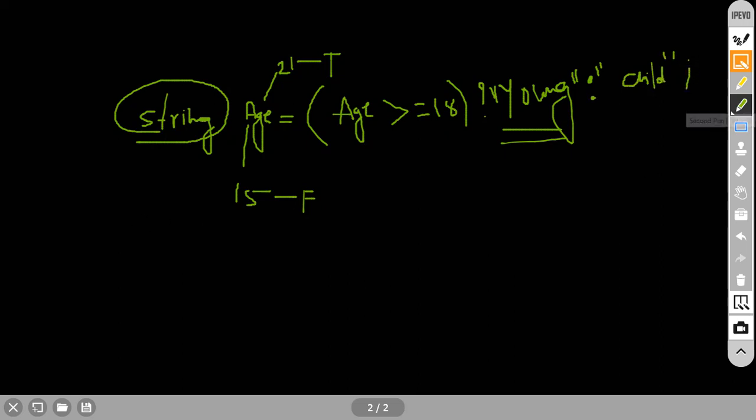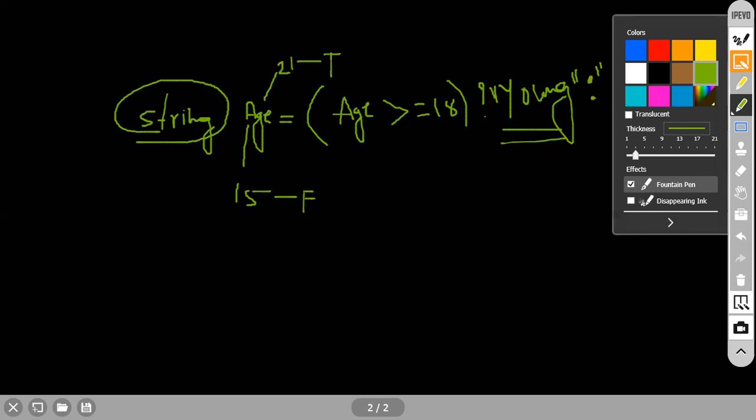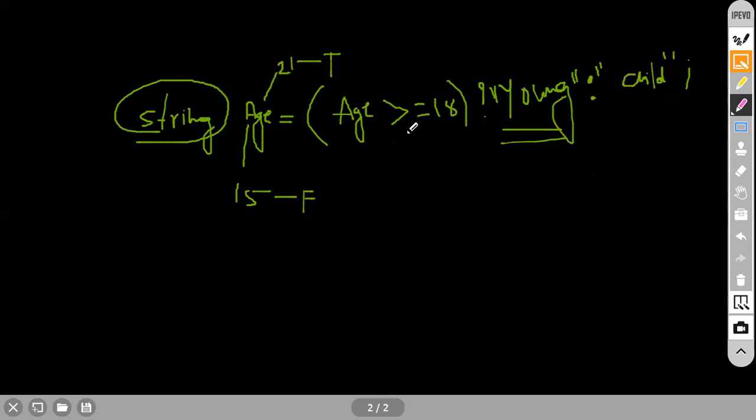So this is a real scenario of the ternary operator. If you have any doubts, ask me. I will explain. One thing you need to understand, you need to be very careful with the type. String is the type, so it is going to take the answer in the string type only. If I mention integer, that's a different case. I'm mentioning string, that is the reason why the answer will be string only. That is why I'm writing young as well as child here.